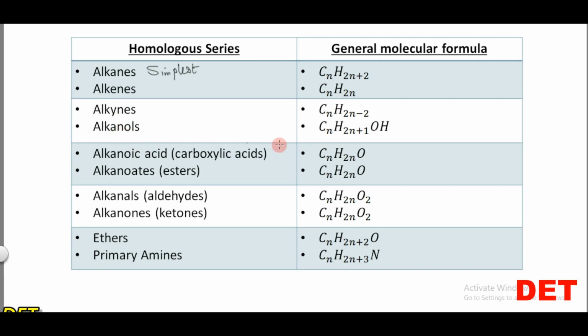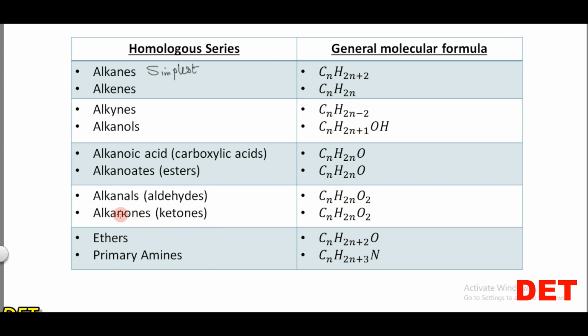We have the alkanols. The general molecular formula is CnH2n+1OH. Alright. We have the alkanoic acids, which are also known as the carboxylic acids, and the general molecular formula is CnH2nO. We have the alkanoates, which are referred to as esters. Alright. And the general molecular formula is CnH2nO. Then we have the alkanals. They are also called aldehydes. And the general molecular formula is